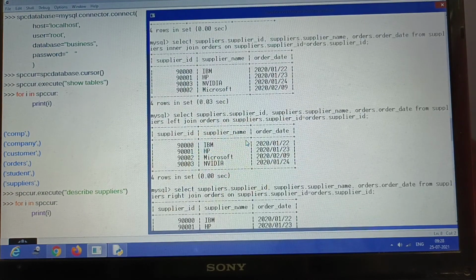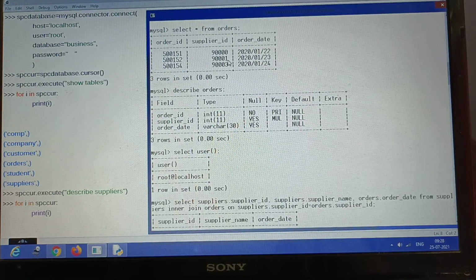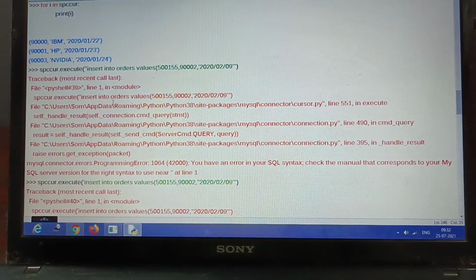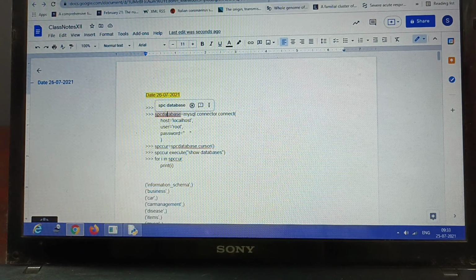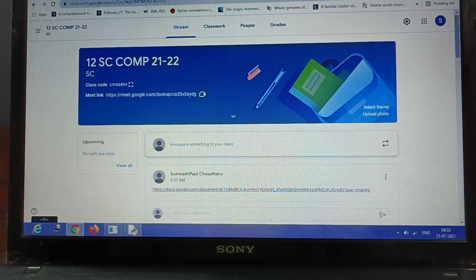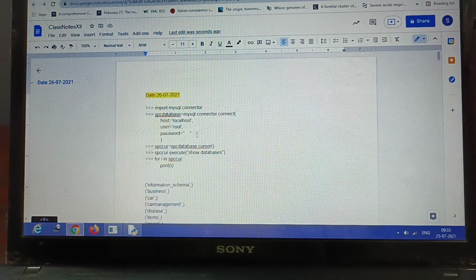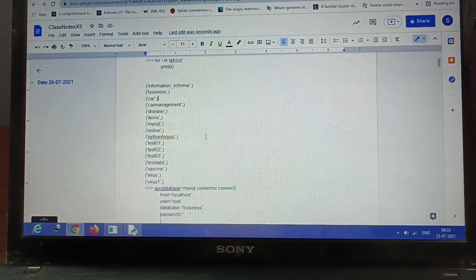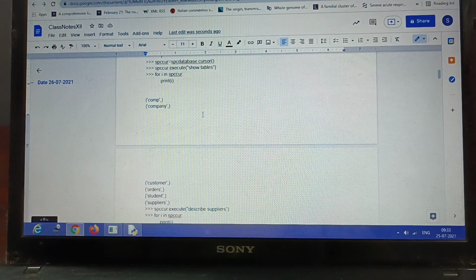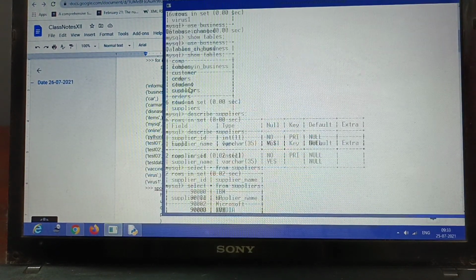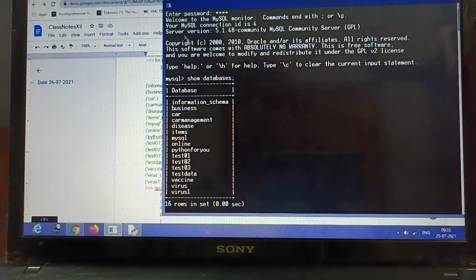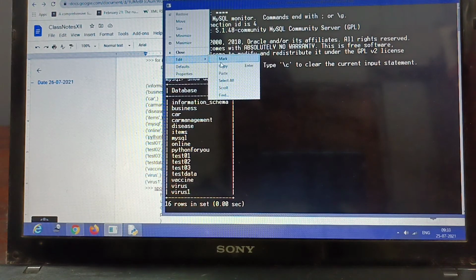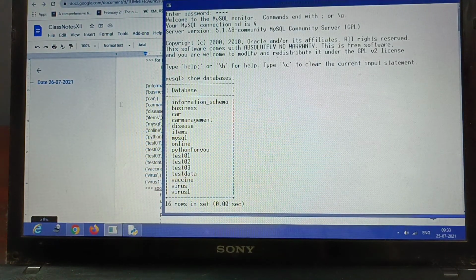I hope that all of you will be practicing this. All these notes that I have just created, I am sharing in the classroom, in the class notes section. Please check the link, and you will be able to find all the notes that we have done in this section. Also from MySQL, I am copying all the notes, select all and edit copy, and pasting it in the classroom for you.